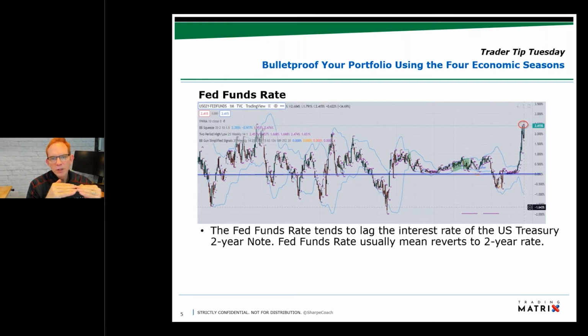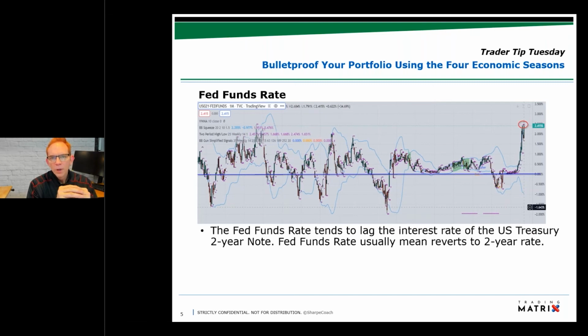So what we like to do is we like to think of the 2-year note, the United States 2-year Treasury note yield, as what is the fair value of interest rates. And then we look at the differential between the Fed funds rate and the 2-year yield. And when they're out of alignment, we believe that the free market does a much better job of setting rates than a bureaucratic panel or a bureaucratic committee like the FOMC, the Federal Open Markets Committee.